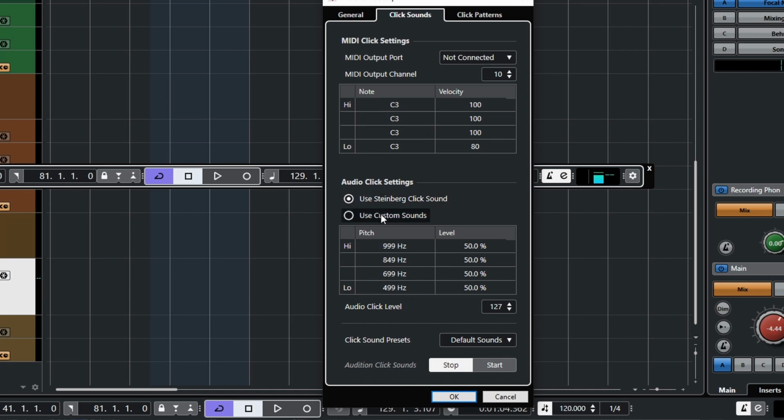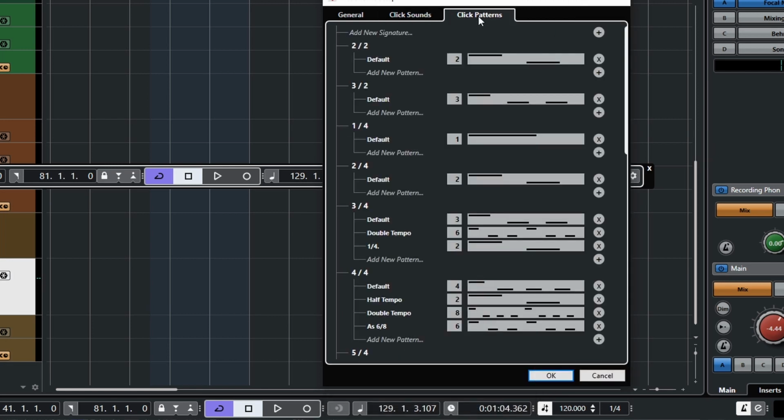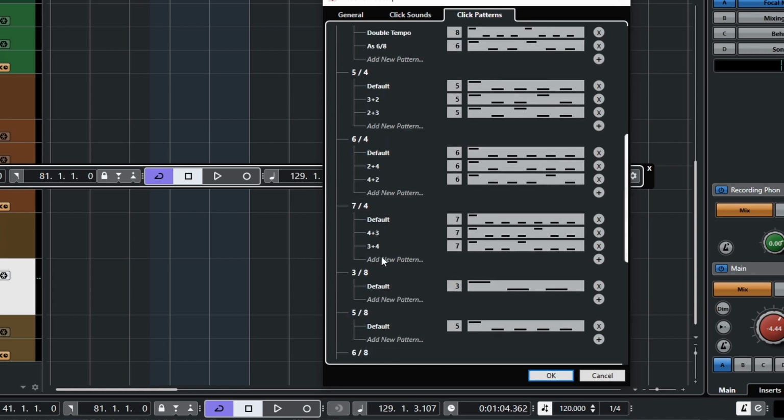We've got the audio click, we can go for custom sounds, or we can use the Steinberg click sound, we can adjust the levels, and we can even create some sort of click sound presets we've got here, and you can probably create your own. These are default ones, so if you prefer to do it to an egg shaker or a cowbell or a wood block, whatever you prefer. If you don't like a standard click, you can pick anything, and then you can create all of these fancy custom